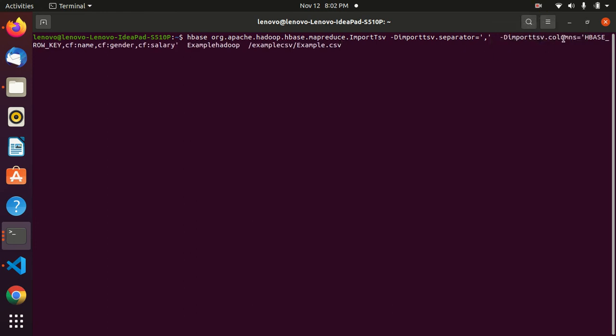First the separator, then the columns, and here HBASE_ROW_KEY. So HBASE_ROW_KEY will take the unique IDs, the initial IDs. So no need of mentioning the IDs again in the column family. It will take those IDs directly, and the column family: name, gender, salary.